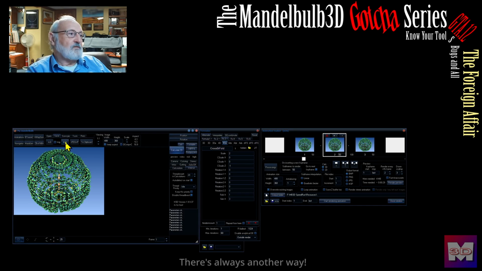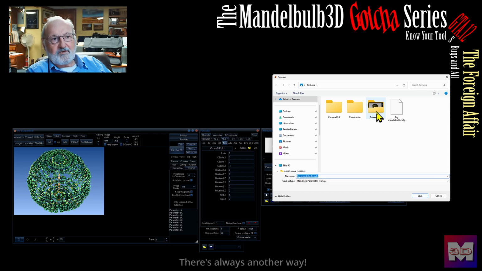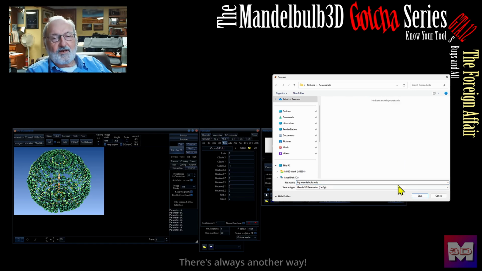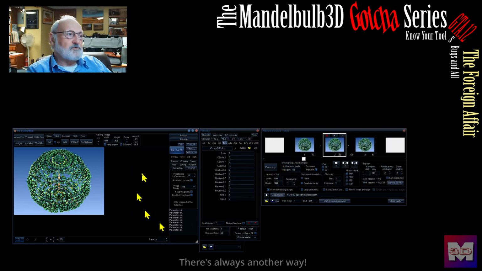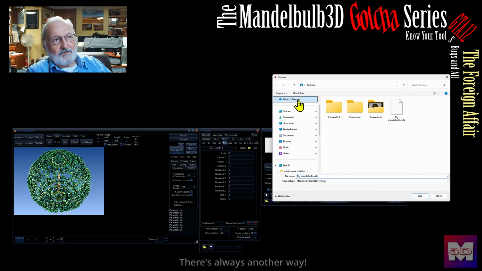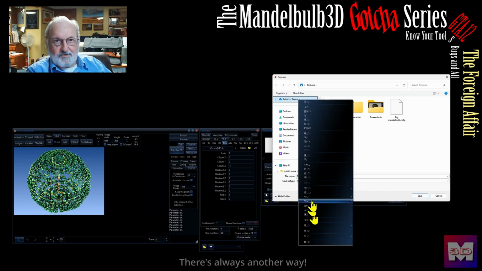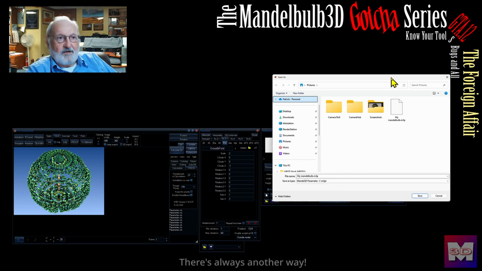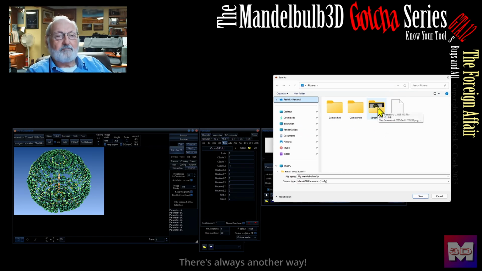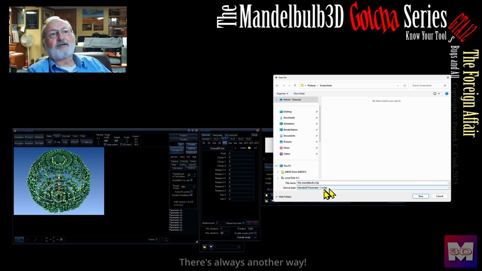Then when I go to save, I navigate into that new folder that I manually created, and I save it. In other words, I don't try to work with this foreign language when Mandelbulb lists the subfolders. I make the folder manually, differently, not using Mandelbulb, and then click into it,